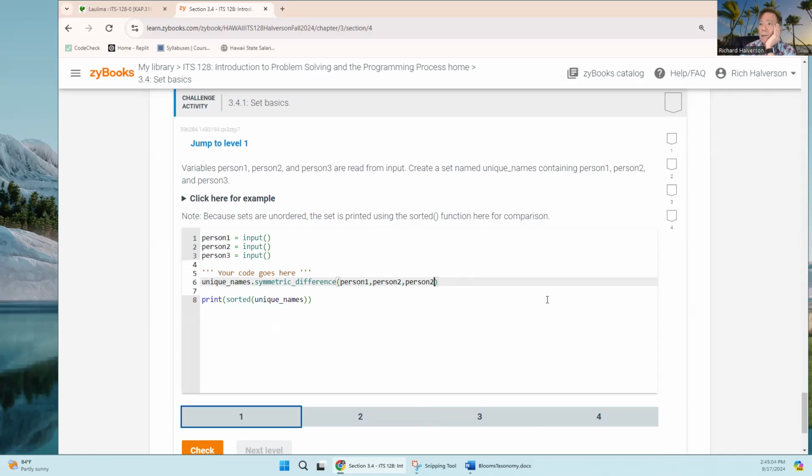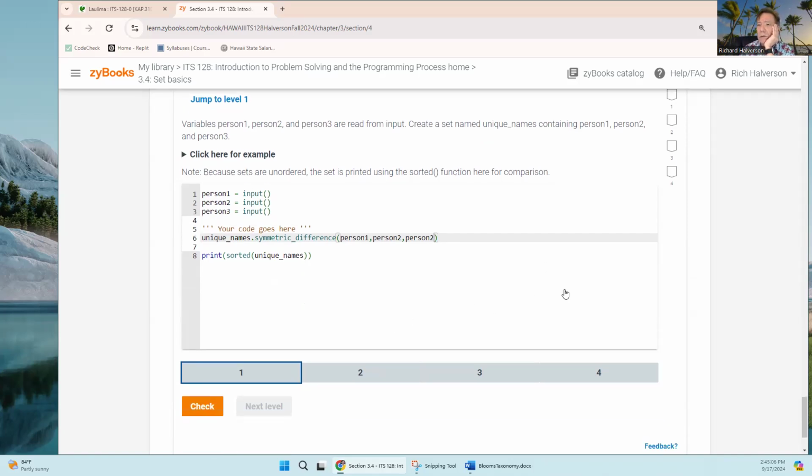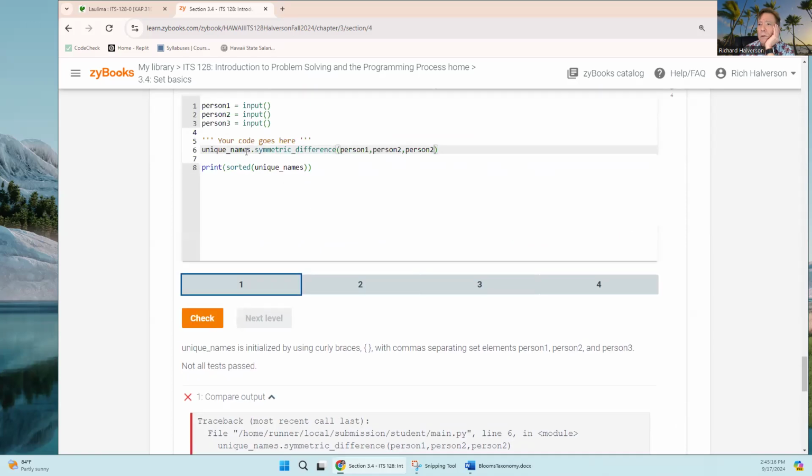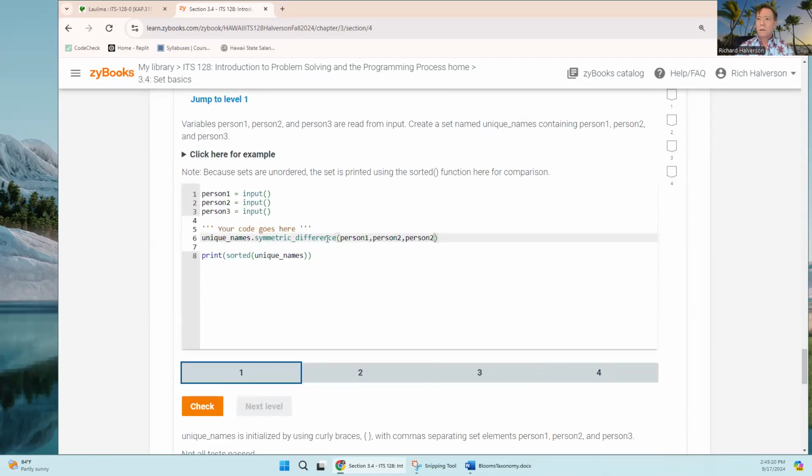Yeah, I don't know if this is going to work. I'm going to see if this works. No. Oh, I forgot to do the